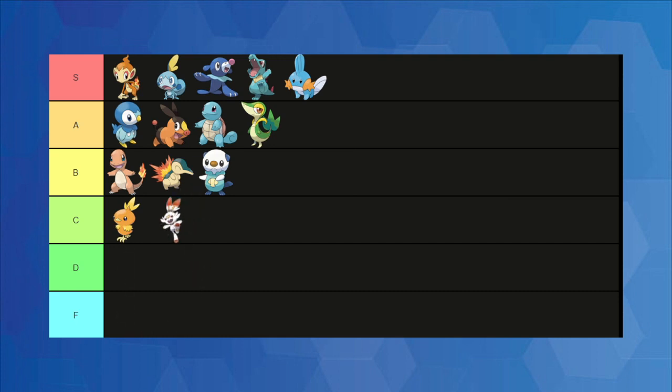Next up in C tier, we have Scorbunny. Scorbunny I'm adding as it's the main Pokemon we start with in Sword and Shield. We don't keep it. We actually only use it for about half an hour and then you switch to Growlithe. It's workable to get through the game like that, but this is really where we enter the realm of,